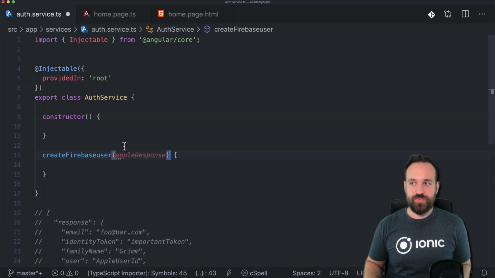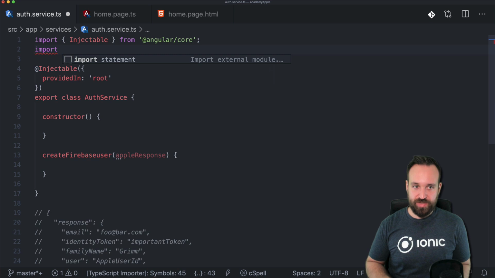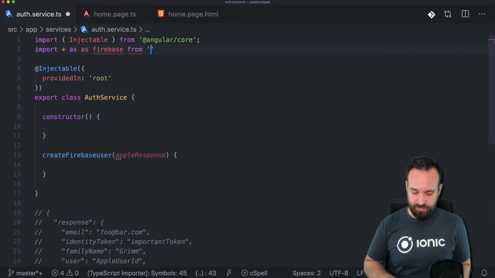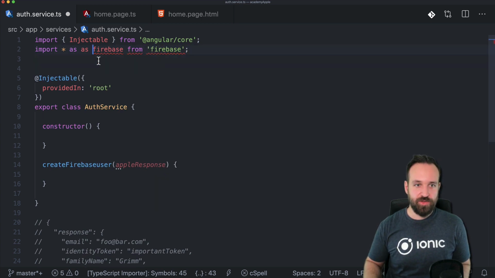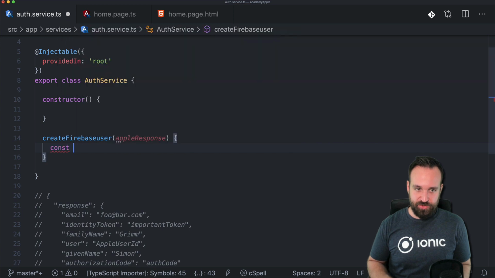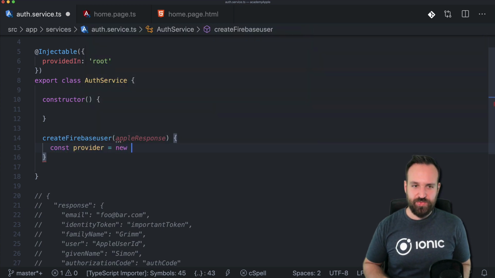To use Firebase here, we also need the general Firebase package, and we can import star as Firebase from Firebase. I don't know why there are two. Interesting. And the first thing we're gonna create is a new provider. So we have to create this using Firebase